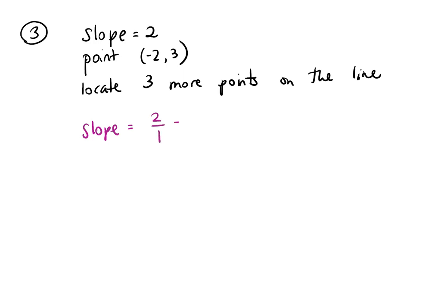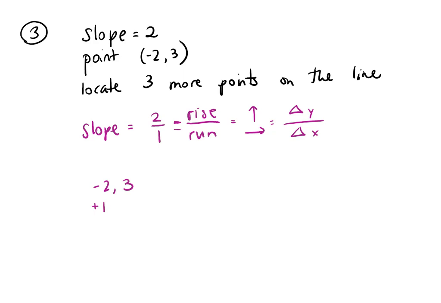And so I'm writing it as 2 over 1, and 2 is my rise, and 1 is my run, meaning that's how much it goes up and how much it goes over. And so we have that information that's going to help us. The 2 is my change in y values, and my 1 is my change in x values. So if I have a point (-2, 3), I'm going to add 1 to the x